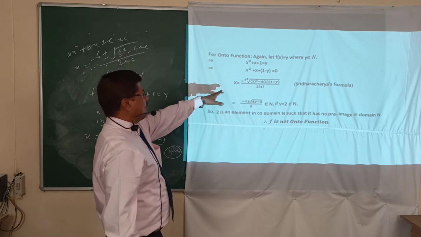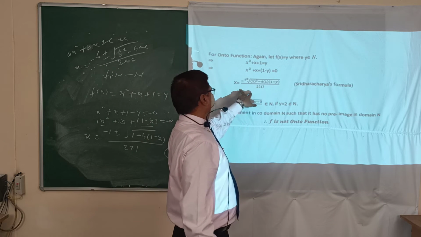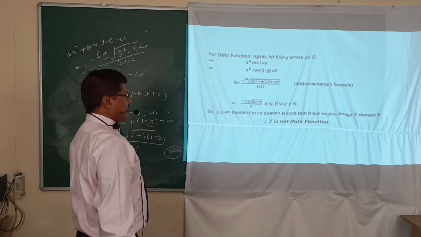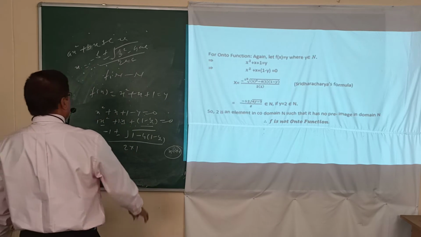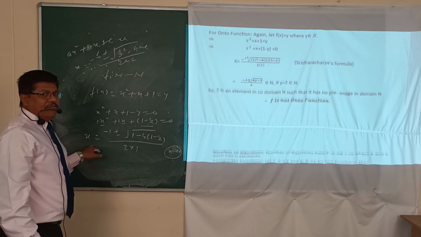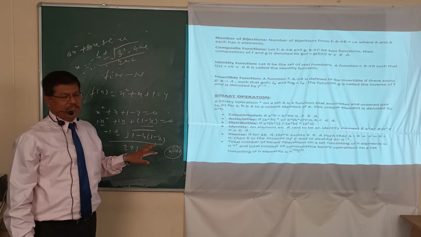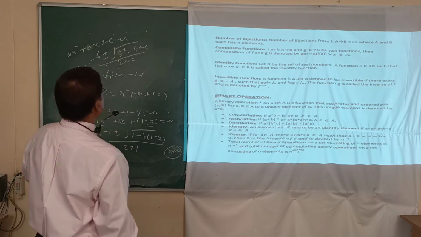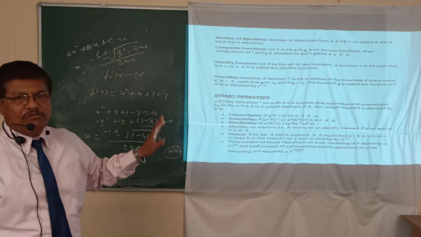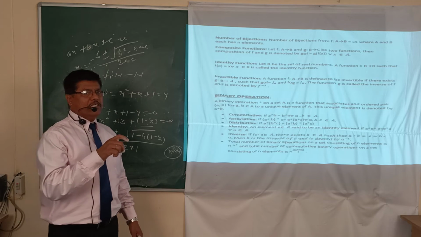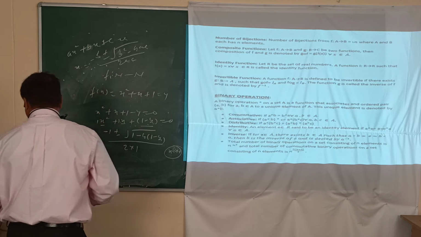So just like we already solved here, using this equation and solving, okay? In this one, this is not an onto function. If you get a natural number in it, then you can say it is an onto function. So this is the process by which you can prove whether the given function is a one-one function or many-one function, or whether it is an onto function or not an onto function.